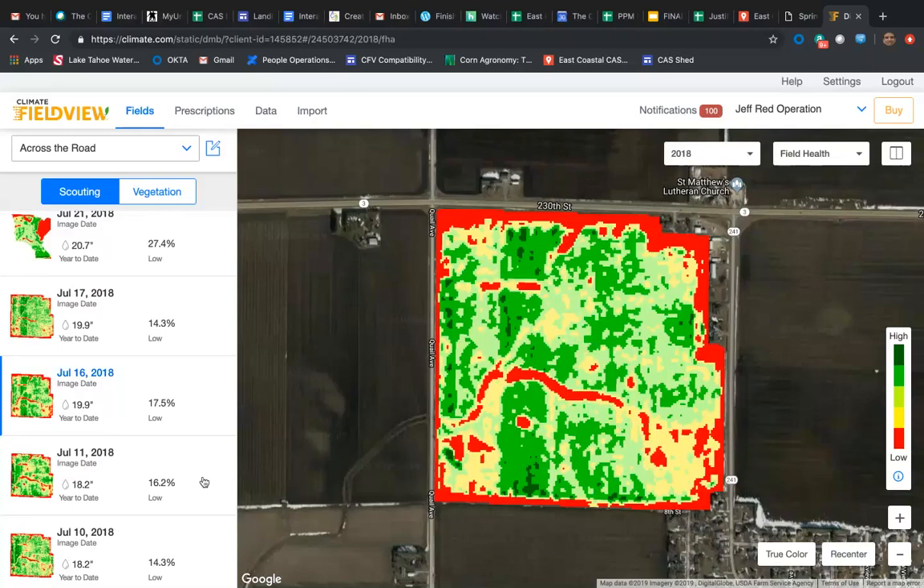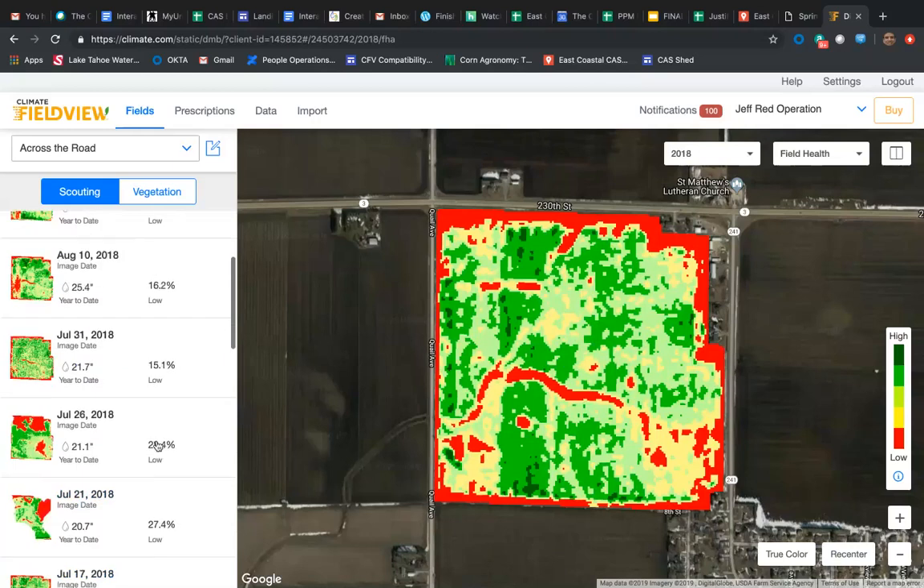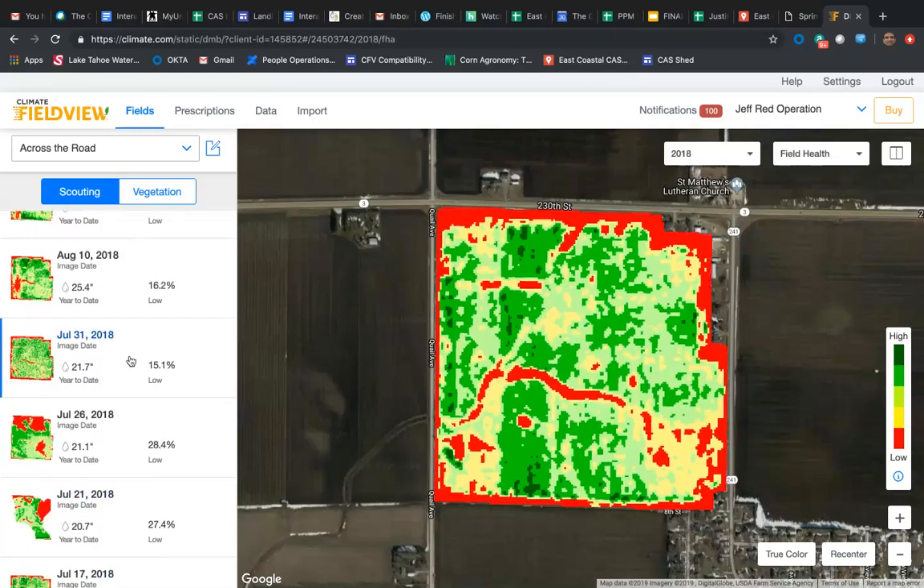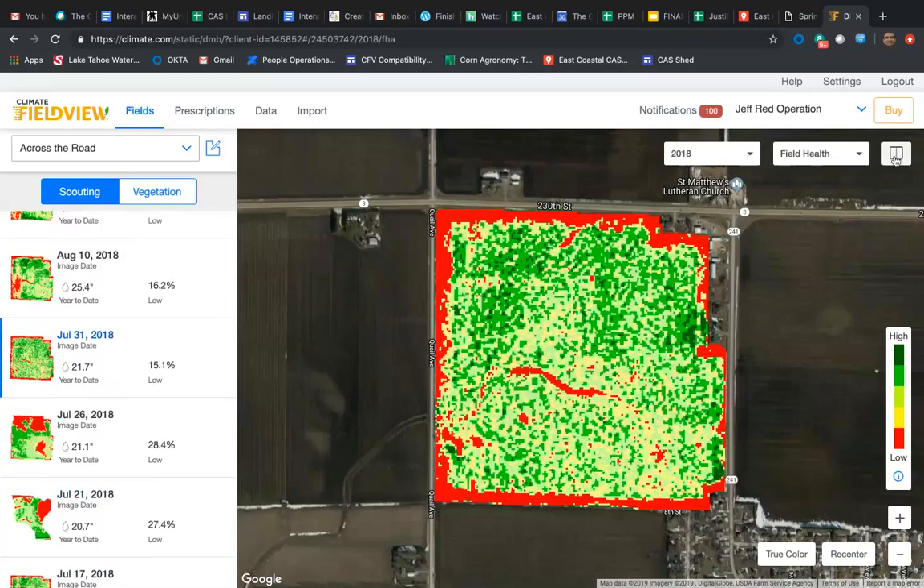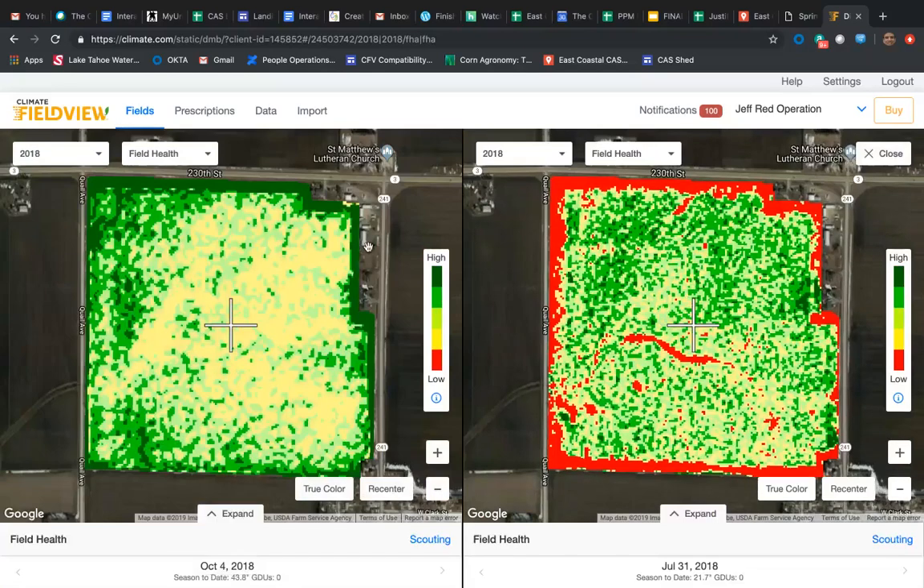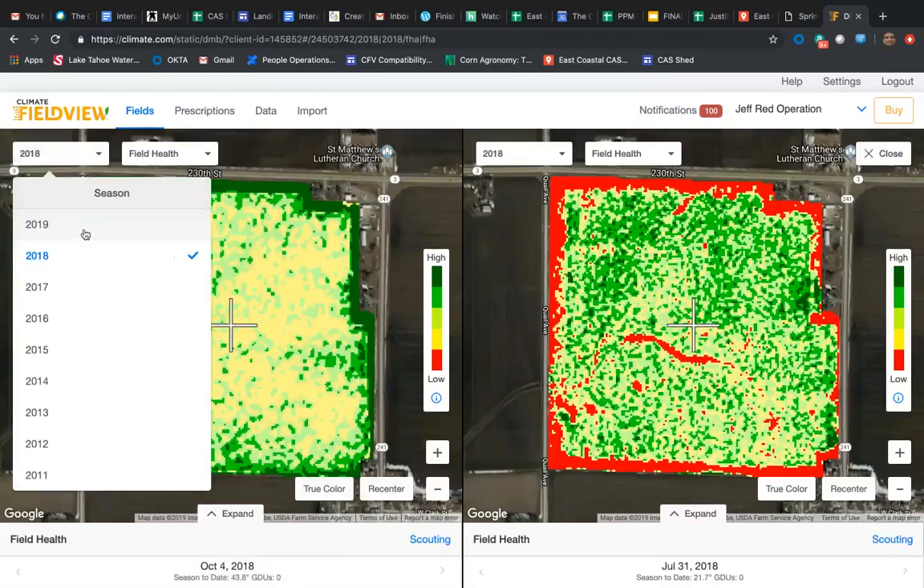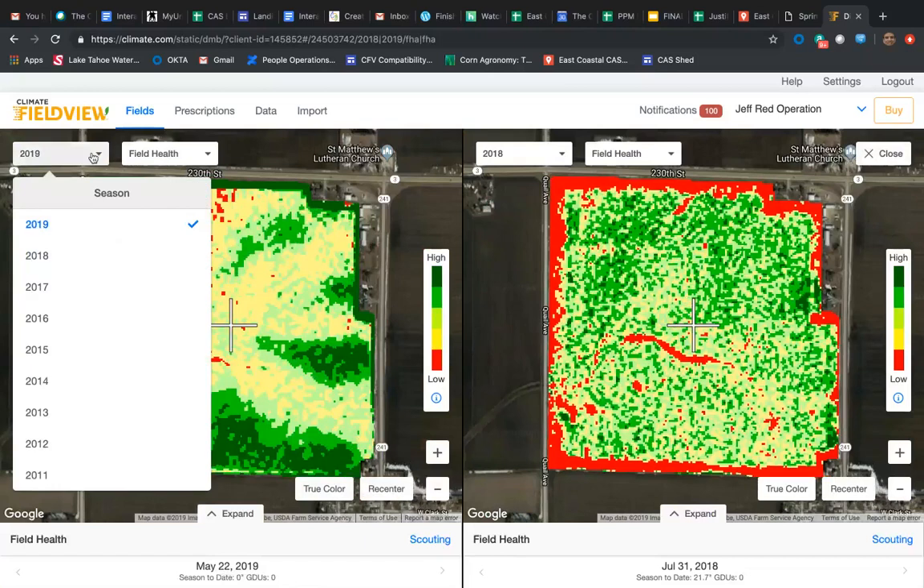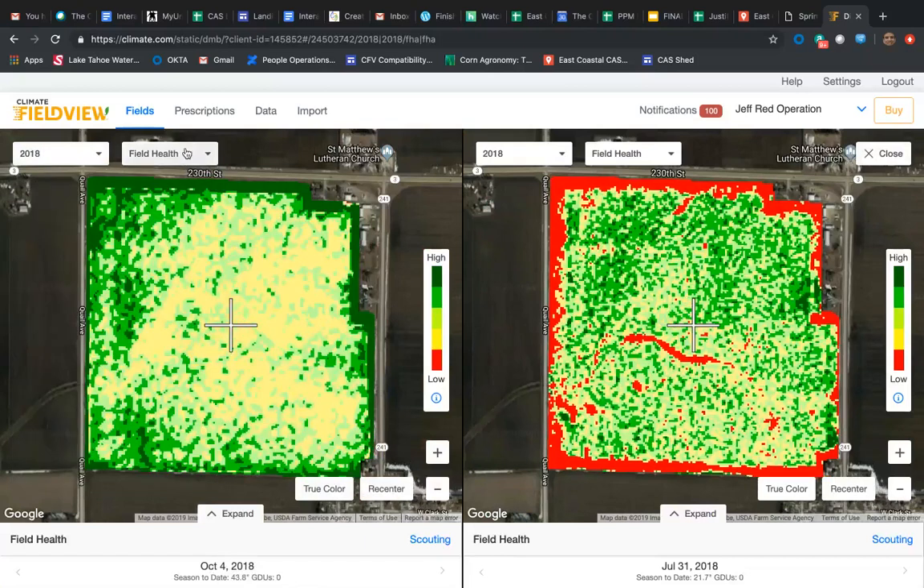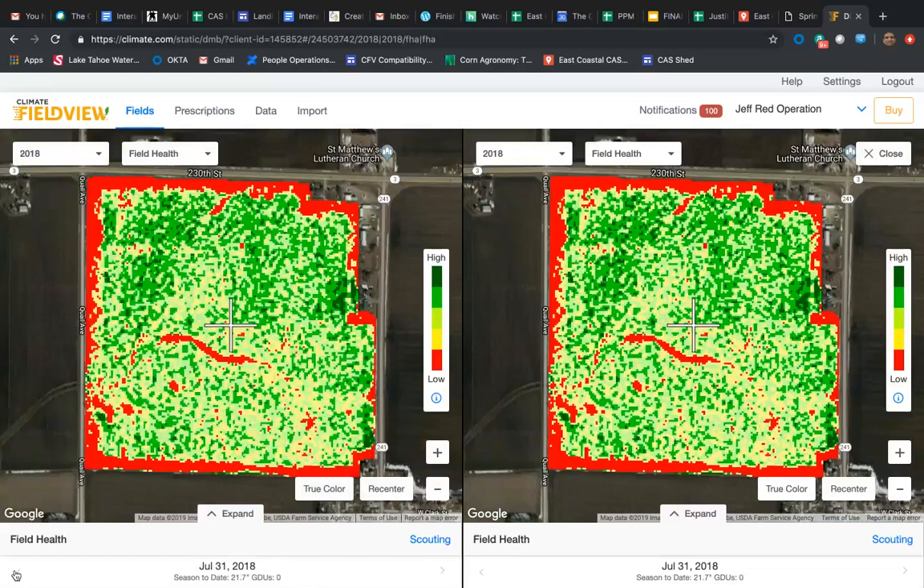So let's talk next about the difference between scouting and vegetation maps. I'm going to take a particular image from this field, this July 31st image, and split the screen here so we can look at 2 images at the same time. I'm going to use 2018 imagery, and let's get to the July 31st one, so I can have the same thing on both sides of the